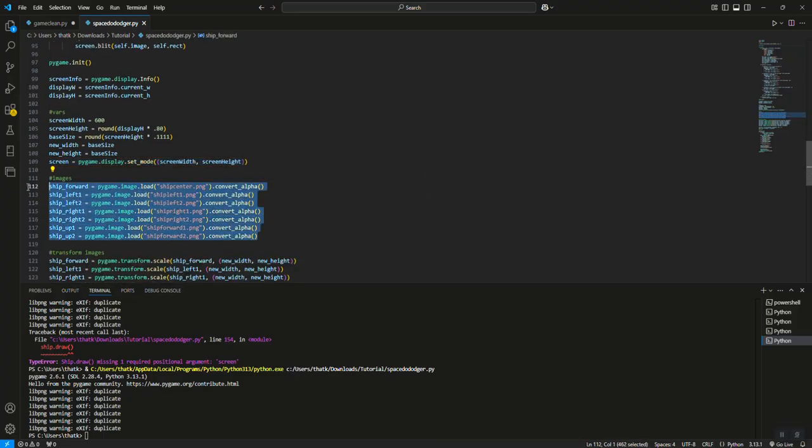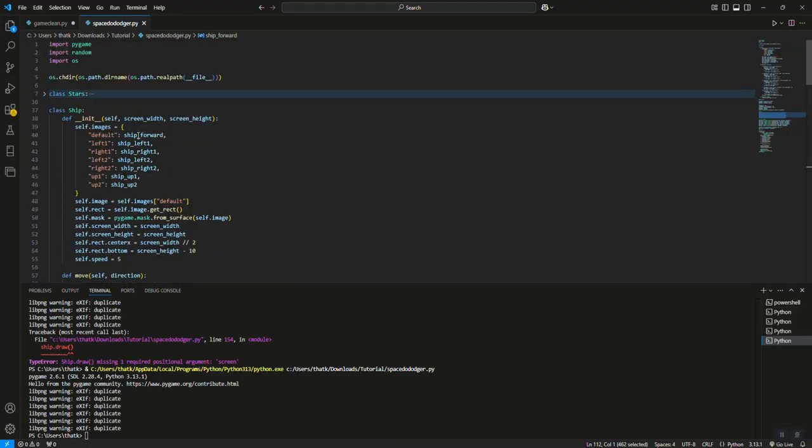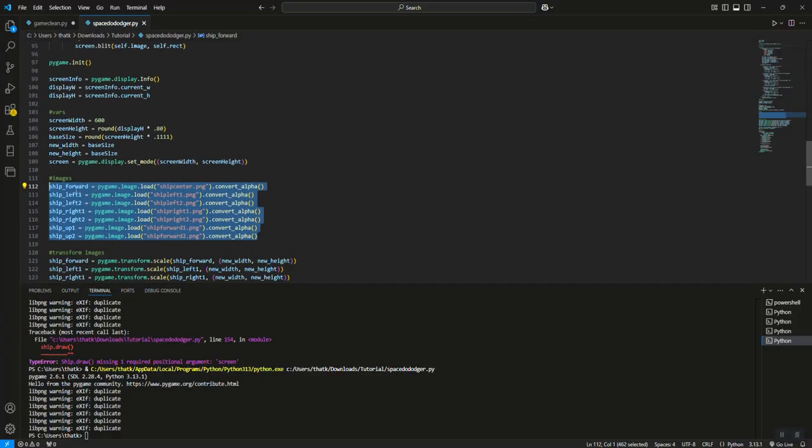We had already created screen in the previous tutorial. Here is where we import the images. And so for each of those variables that I had here, ship forward, left 1, right 1, left 2, right 2, up 1, up 2, I'm importing them here using, in this example, I create ship forward, and then I do pygame.image.load. I pass in the name of my PNG that lives in the same folder that my main Python file is in,